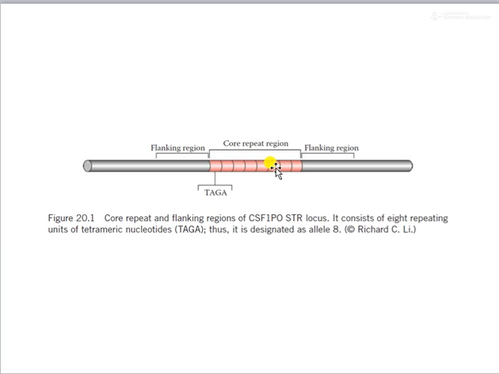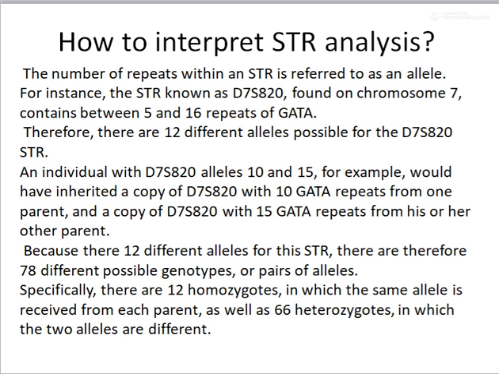So, it is defined as an 8 allele for a particular locus. This is the flanking regions. This is an STR locus which has been repeated 8 times, so it is known as an 8 allele. So what is an allele? The number of repeats within an STR is referred to as an allele. And so when you get a DNA profile, you also need to find out what is the allele of that